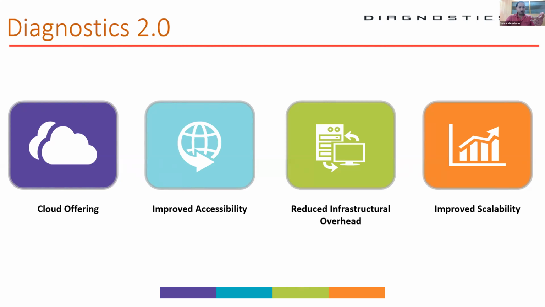Also, with Diagnostics 2.0, we have done away with an intermediate staging database. So in the previous version, we had an Oracle or a MySQL database, which was an intermediate database. The data generated from Small World was sent to Oracle, which was acting as a temporary holding database for the data, and then it used to move to Splunk. So what we have done is we have removed this portion, and now the data goes directly from Small World to Splunk via web services. So what this means is there is far less infrastructural overhead attached to Diagnostics.